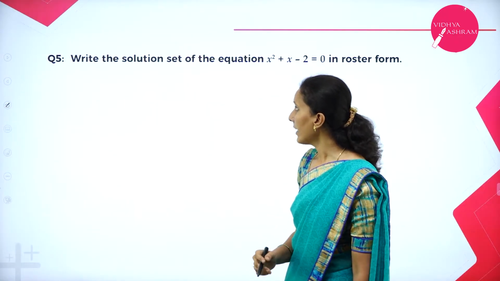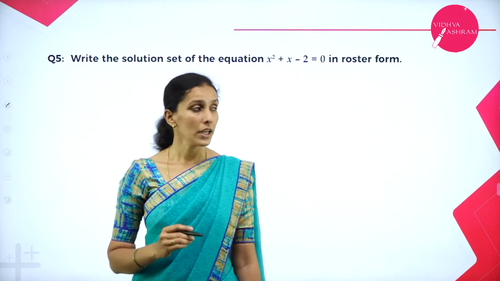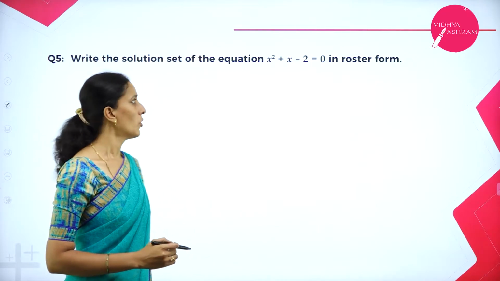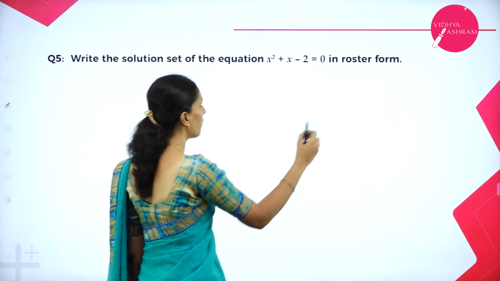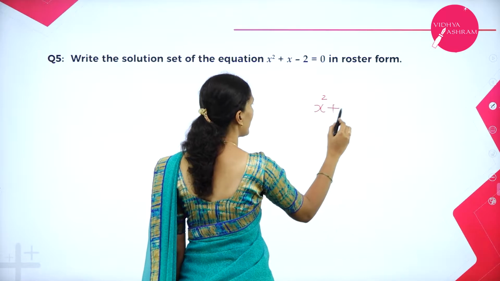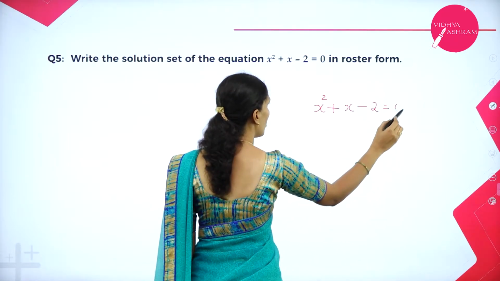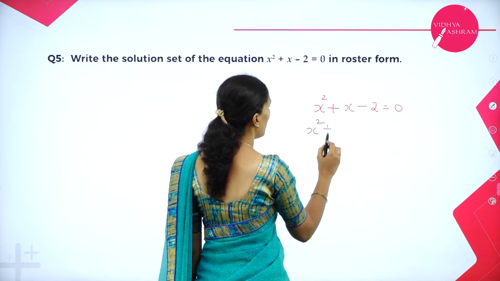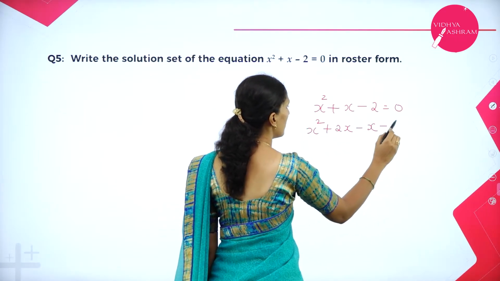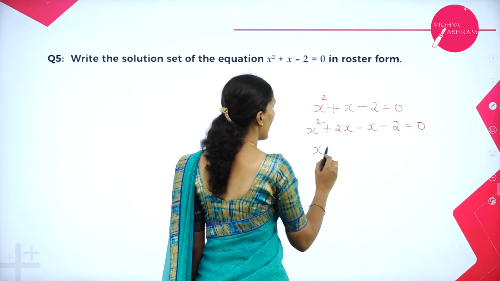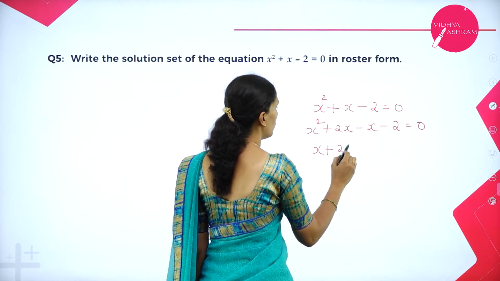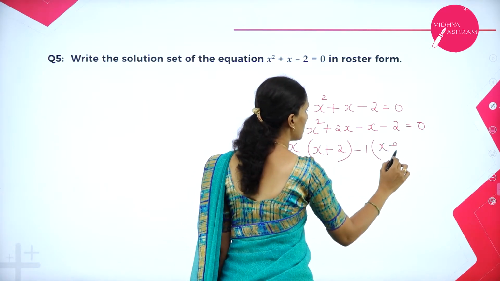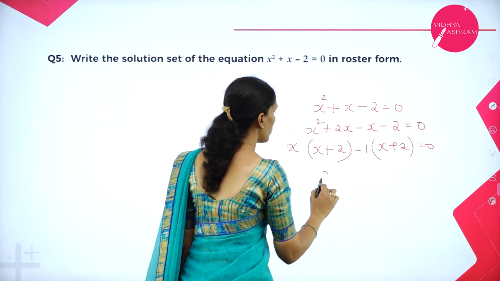Next question. Write the solution set for the equation x square plus x minus 2 is equal to 0. Just find the solution. How will we find the solution? Using the splitting method or by using the formula method also you can do. So I can write this as x square plus 2x minus x minus 2 is equal to 0. Taking x as a common factor, x into x plus 2, and here minus 1 into x plus 2, is equal to 0. So you have two solutions,